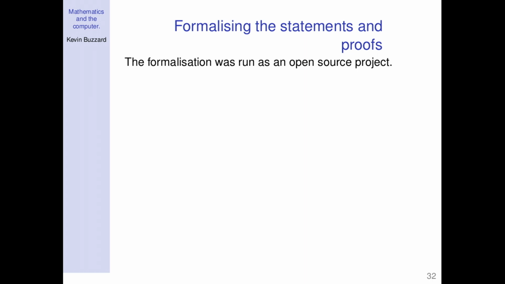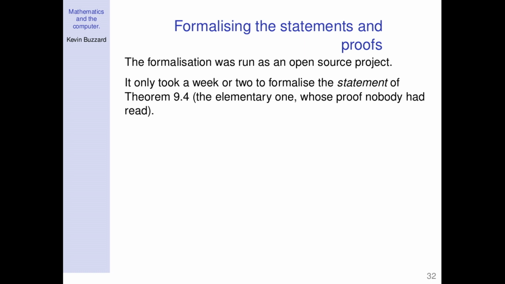So it was run as an open source project. Everything was sort of publicly available on GitHub. And the first milestone we achieved within about a week and a half, we managed to formalize the statement of this, because we already had abelian groups and group homomorphisms and the concept of a norm and an object. And so it was very, very easy to formalize this incredibly unwieldy statement about being k-exact in degrees at most m for sufficiently large C. So formalize the statement, that's great.